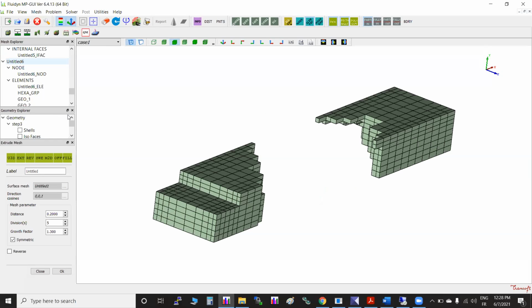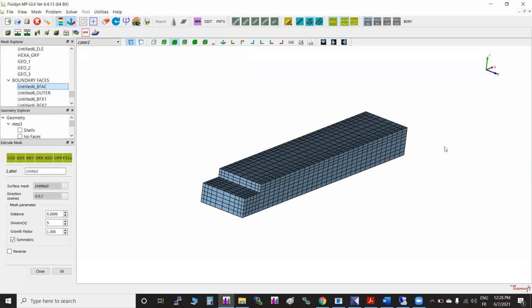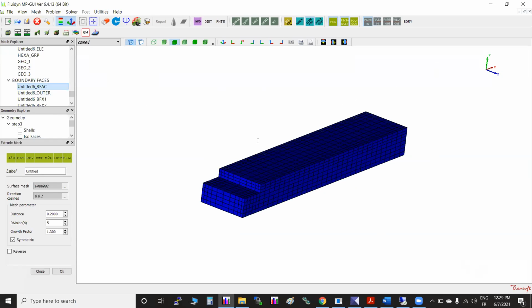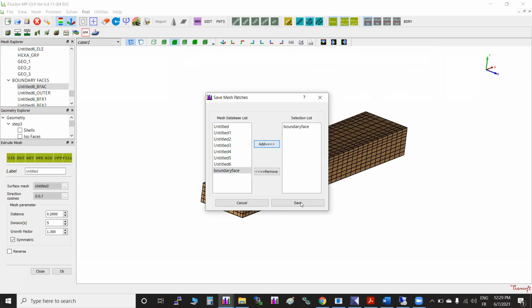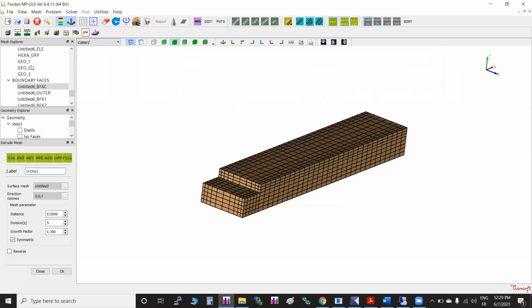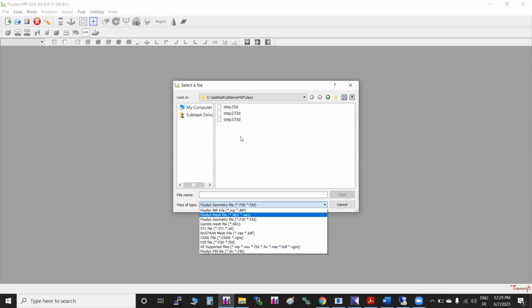Even once you do the grouping, there is a boundary face. Only the boundary face you can save, and you can fill it with tetra. Right. I'll show you. For example, this is the boundary face from this mesh, and if you save this as a boundary face, for example, file, export, B face, the last mesh. And if I just take it here, that face, yeah, I'm loading face, okay, not geometry.